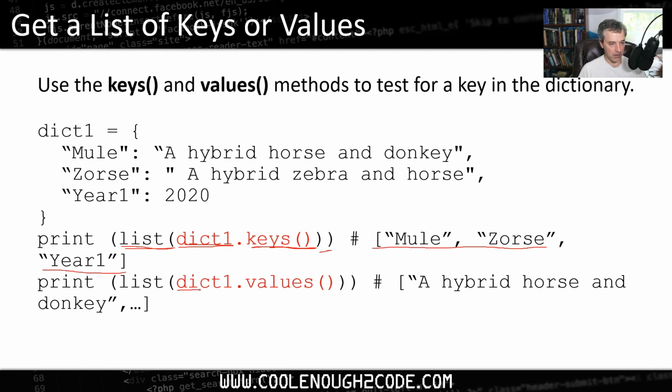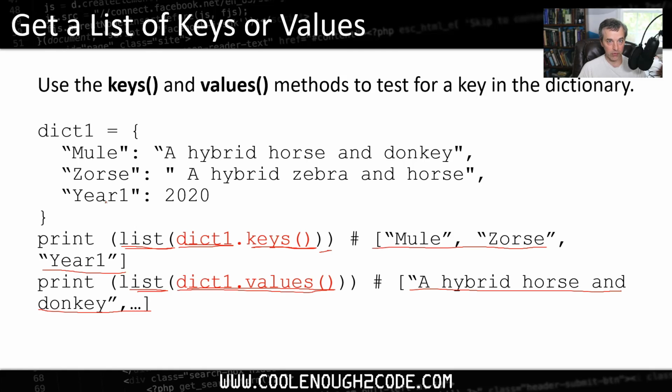Likewise, if I did the same thing with dot values, I would just get a list of the values. And if I print those out, of course, I'm just going to get a list of the values that I have in my dictionary printed back to the shell as well. So this can be very useful for getting a list of values. Now we can loop over the keys very easily in Python by simply doing a for in loop over the actual dictionary itself. But if I wanted to loop over the values and just do a for loop over those, I can first get a list by grabbing the values, doing a conversion to a list, and then doing a for loop over those values,